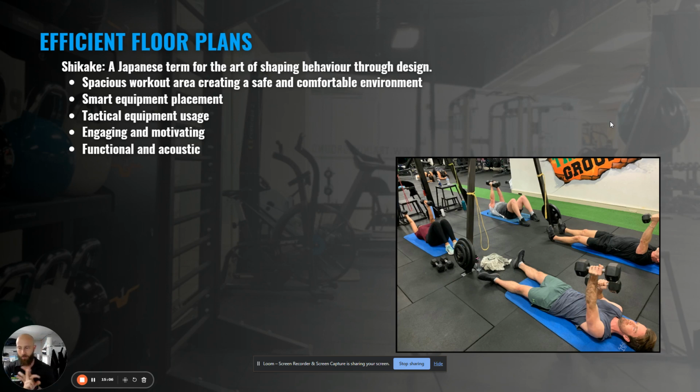So very, very smart of them to do that, and that also tactically controlled the behavior of people without putting up a sign or telling them what to do. Just through the art of good design, it controlled the behavior that the people wanted to do. And that's exactly what we want to do in the class.